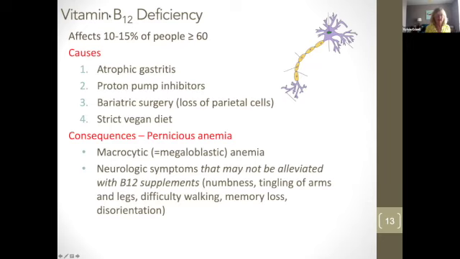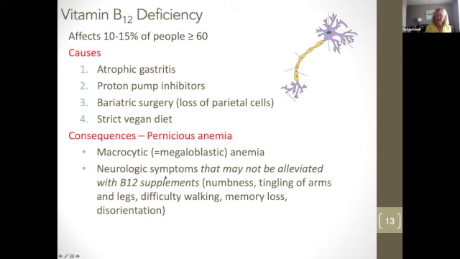So the consequences of B12 deficiency, look, I did spell it right. Okay, so pernicious anemia, macrocytic, or megaloblastic, these two terms are the same. This means your red blood cells are big. Cytic means cell, and macro or megalo means big. So you have anemia and the red blood cells are too big. They don't work right. And then, the thing that we talked about before, if somebody has B12 deficiency,